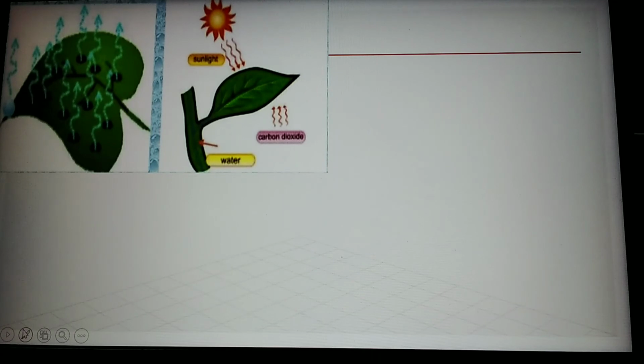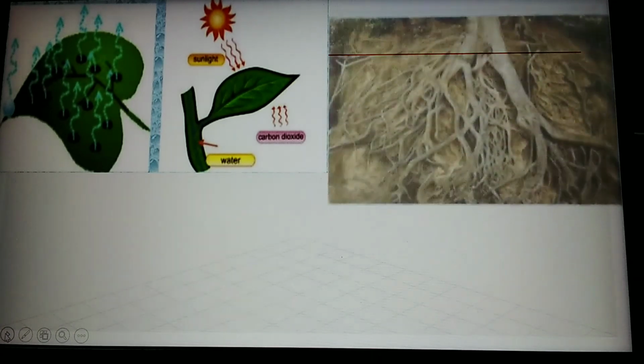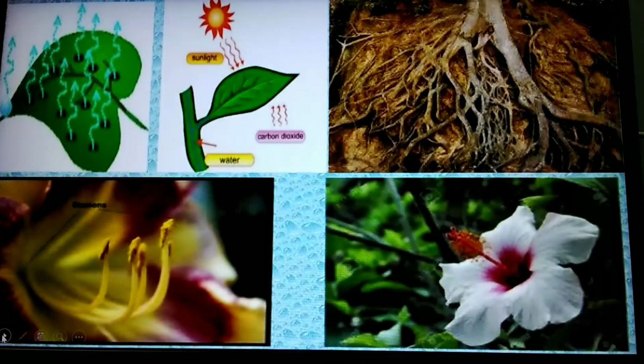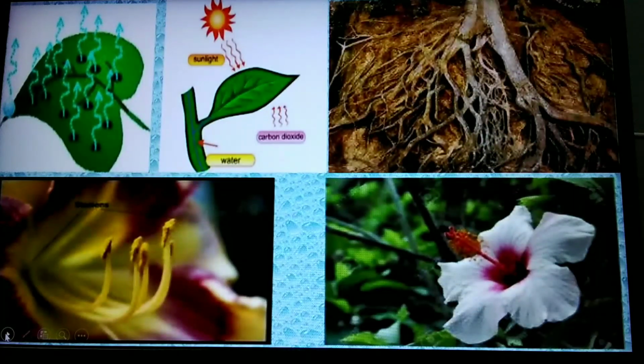The next picture is for transpiration. Actually, this is the assignment for you children, a pictorial assignment. This is the taproot system. Stamens, the flower,